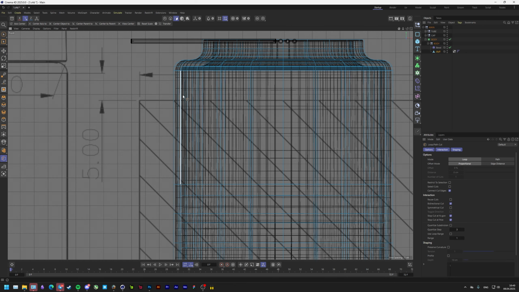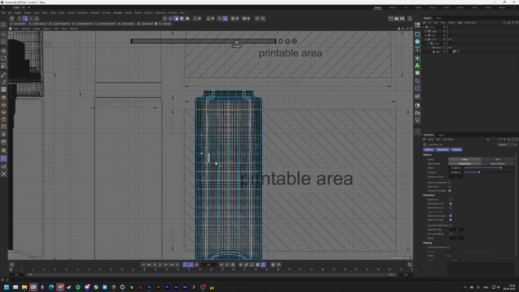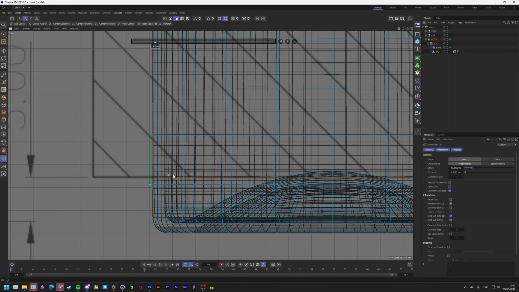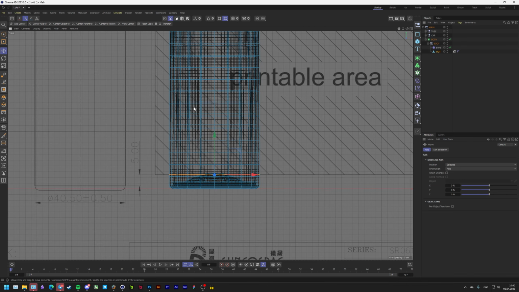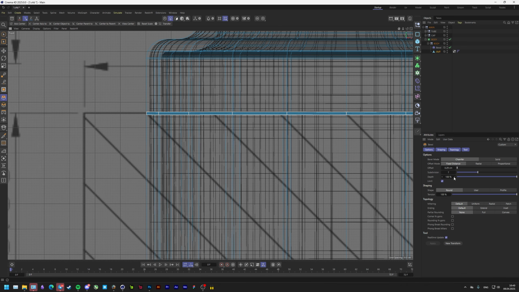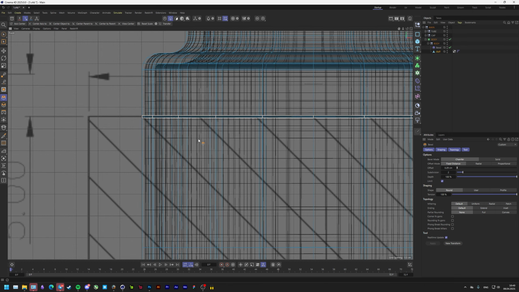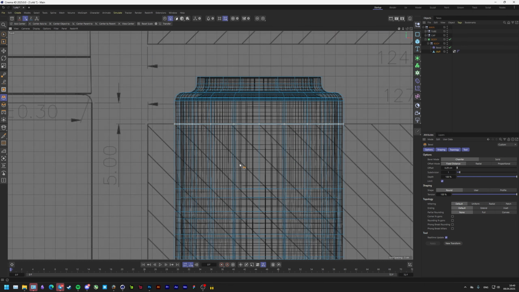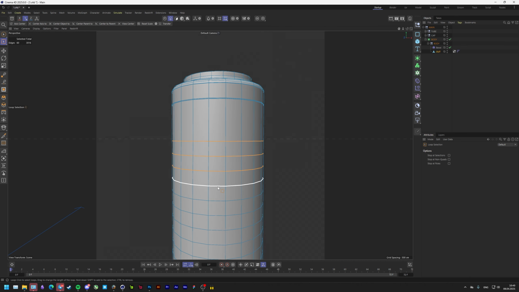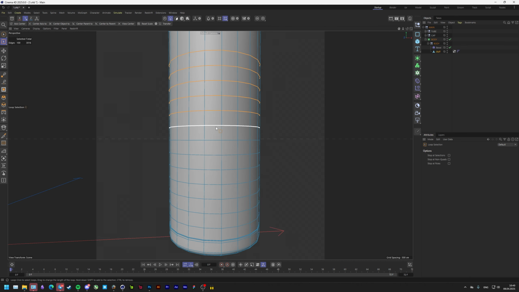Let's go inside. Let's make a loop cut somewhere where the printable area ends, and let's make the loop cut also on the bottom part. We're going to select both of the loop cuts and we're going to bevel them. This is done so the texture doesn't fly out because of the subdivision. I'm going to clean up everything a little bit, hit UL, and just get rid of those rings because they're